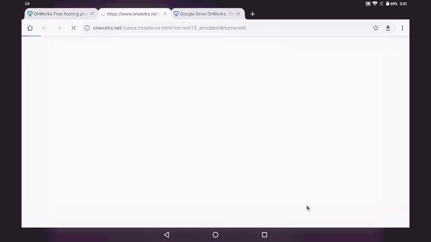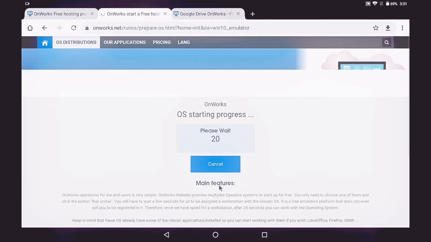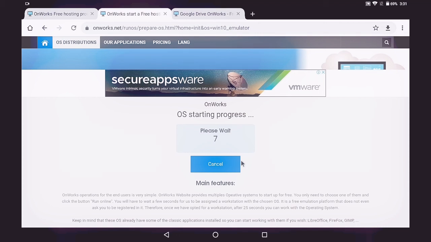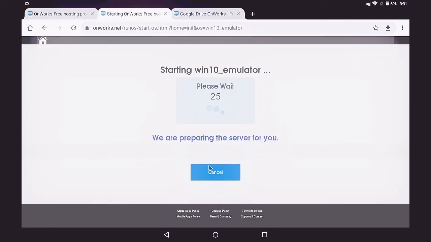Go to onworks.net and click that Windows option, which will directly take you to the Windows 10 emulator. For this too, you have to make sure that you are on the desktop site. Right now I have not done it at the initial step; I did it when I entered my Windows.